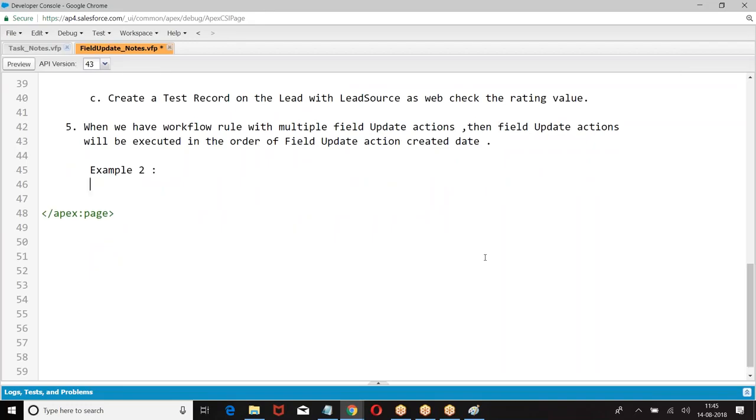So field update action created date 10th August.